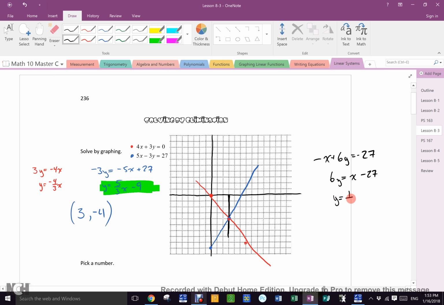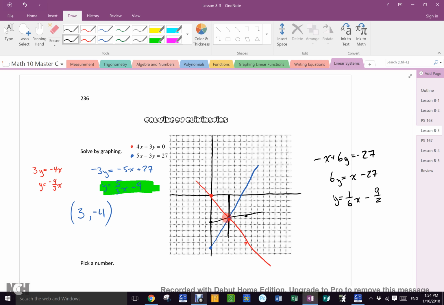Y would equal 1/6 x minus 27 over 6, which is 9 over 2, which is 4.5, correct? Watch. 1, 2, 3, 4.5. Everybody agree that that's my intercept? Okay. 1 rise would go to there, and then 1, 2, 3, 4, 5, 6 would go to there, correct? What's going to happen when I connect those black dots? I'm going to go right through that center again, aren't I? So,